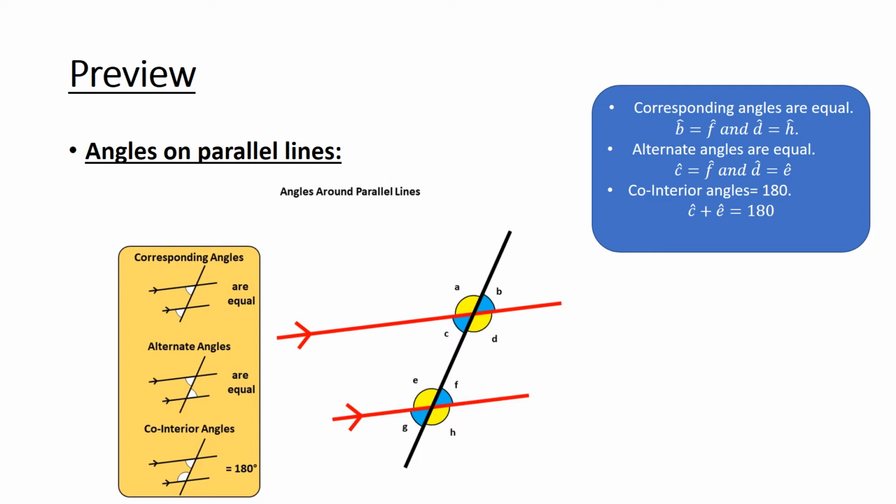Now alternate angles. Alternate angles are equal in measure and they are formed in between the parallel lines and opposite to the transversal also. See your diagram. Angle F is equal to angle C is one of the example of alternate angle. Angle D equals to angle E is also another example of alternate angle.